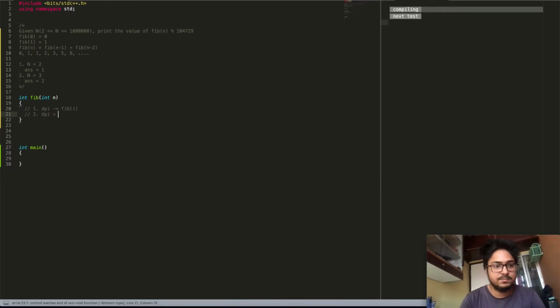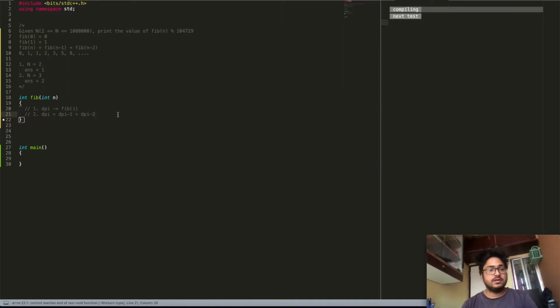So in this case, dp of I will be equal to dp of I minus 1 plus dp of I minus 2. This will be our recurrence relation. And the third sub problem was laying down the correct topological order to solve the states in. In the case of memoization, the third sub problem is not actually relevant, so you can completely ignore it.